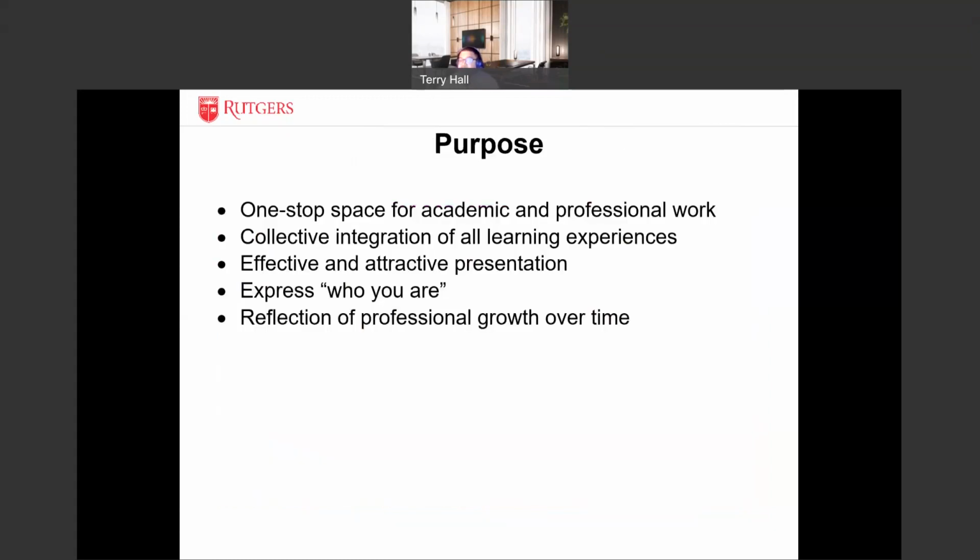The purpose of an e-portfolio is that it's a one-stop space for all academic and professional work. It's a collective integration of all learning experiences. Those experiences will include the students' work within the core curriculum. It will include the students' work with on-campus groups, as well as off-campus groups and groups within the community. And it will also be reflective of the students' internship experiences or experiences working with different types